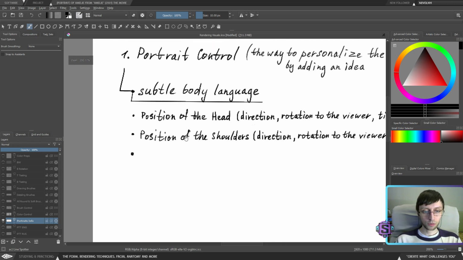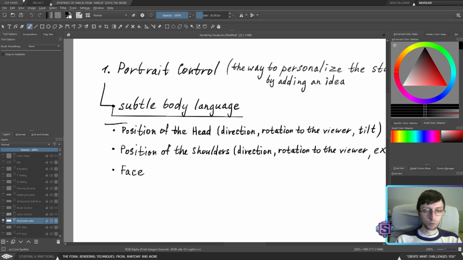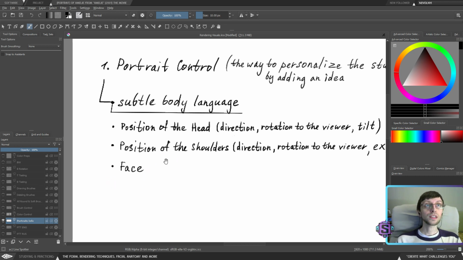So I guess this is one of the only elements that you could clearly understand. Usually people are working with face expressions to add something unique to the portrait. But ideally, if body language doesn't work within head and shoulders, and you can't tell what person is feeling based on this subtle body language, the face itself is going to look weird. So they have to work in conjunction with each other. So face expression.